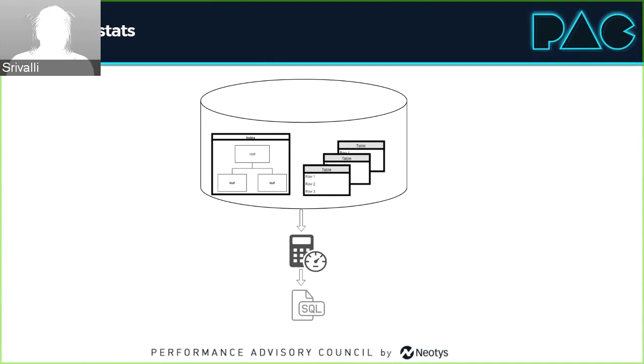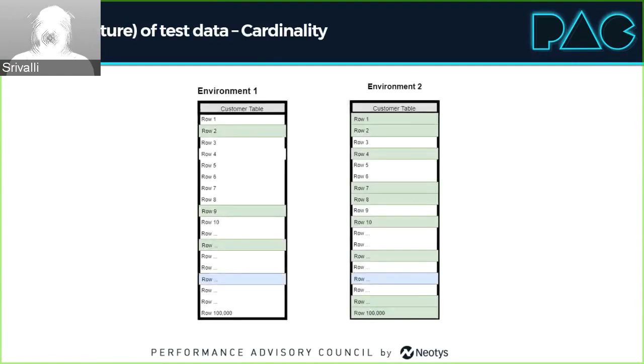Having said that, there could be plenty of scenarios where, although you have updated stats, your optimizer might be having wrong cardinality estimates. That's a real performance issue and that needs to be fixed. That's a different scenario. What I'm talking about is that we don't want to be the reason why your optimizer has incorrect cardinality estimates. So if I quickly go back to the previous slide for a moment,